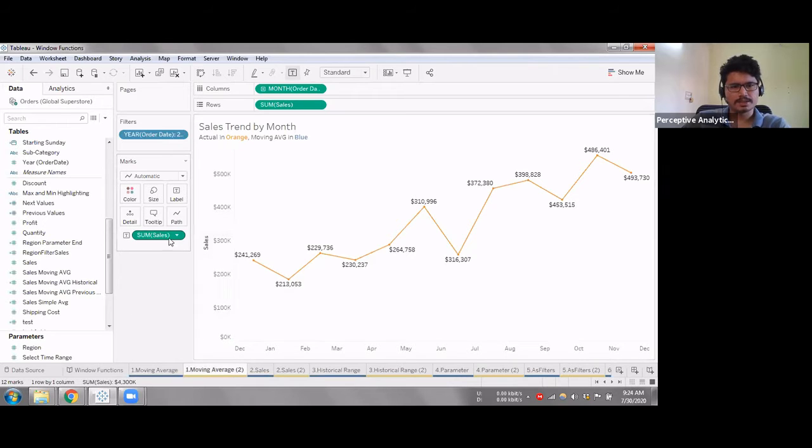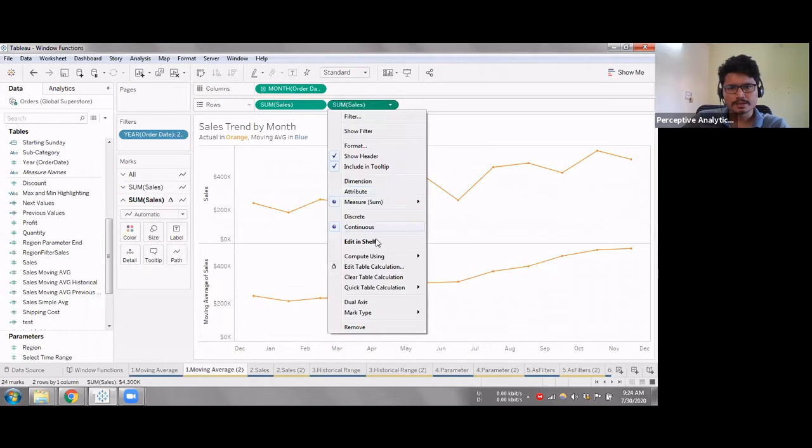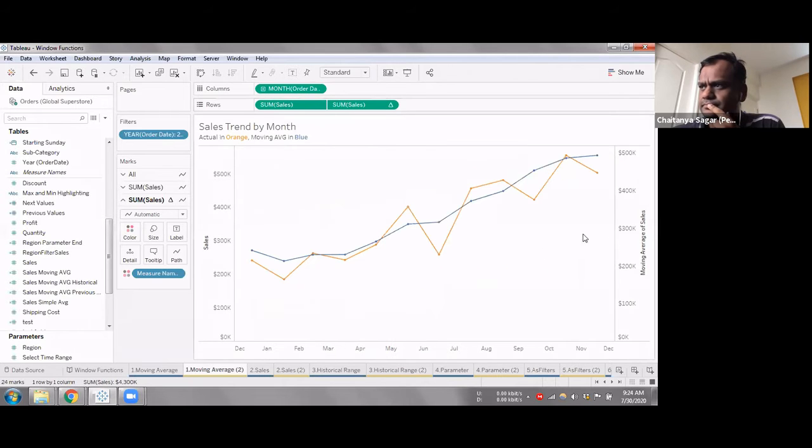I think the issue is because of the synchronized axis. So dual axis, synchronized axis, yeah.